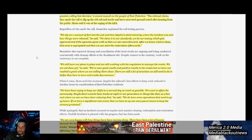We still have our plans in place, and we're still working with regulators to manage the creeks. We are not done yet. We've seen good results and positive results in the creeks, but we have not reached a point where we are calling them clean. There are a lot of activities that we still need to do in town and in the creeks downstream. Well, I agree, because